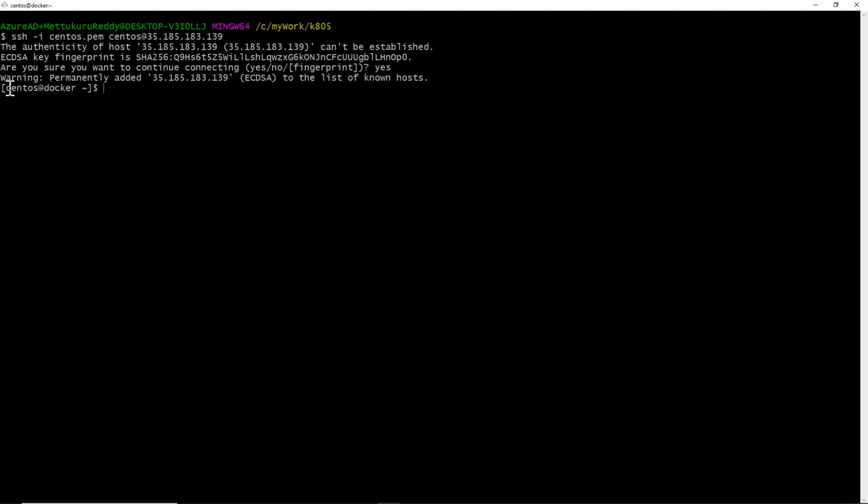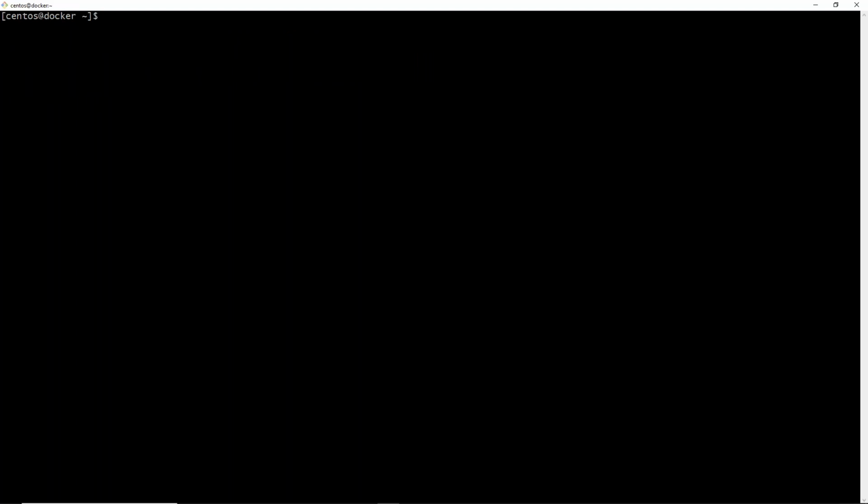That's it. Now you have entered your Linux machine. This is the Linux box, the host name is Docker, and you have the version and 64-bit architecture information. I'm already inside the Linux box. So this is how you create a VM and then connect to it.